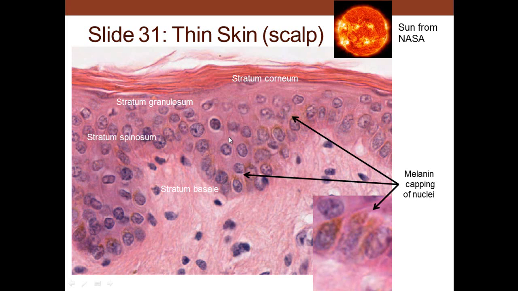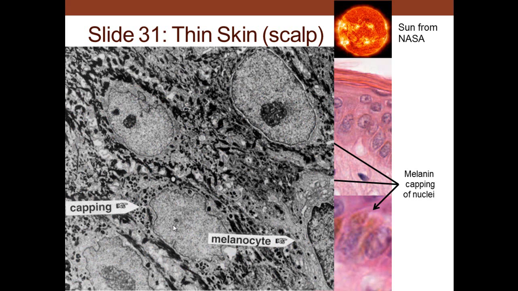You don't care about these nuclei, they're differentiating anyhow, but you do care about the nuclei on the base. Here we see the electron microscopic level. You can see one of these keratinocytes with the melanin granules capping above the nucleus. Also, here we see a melanocyte with its dendritic processes projected. You can see them projecting through there, which is a source of the granules that are located in the